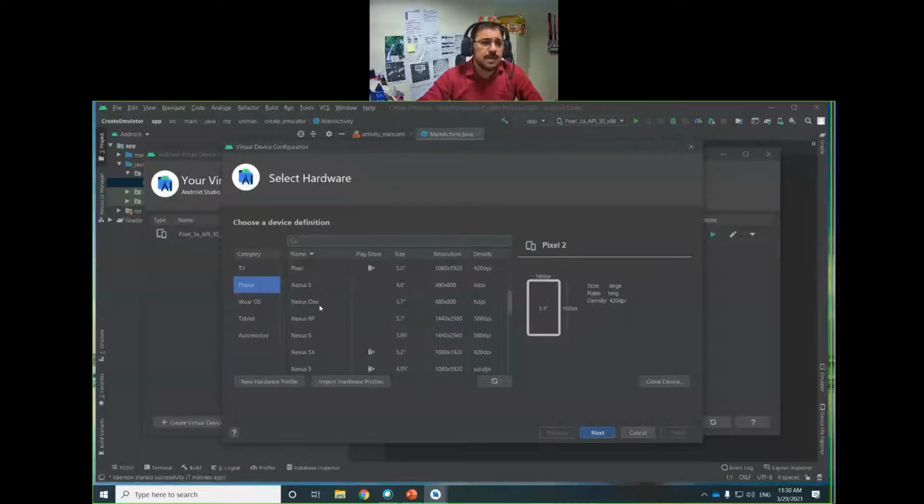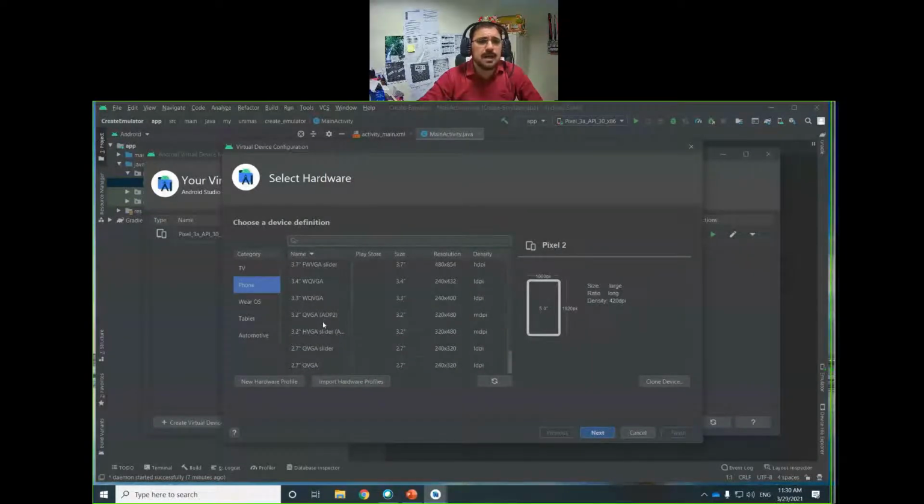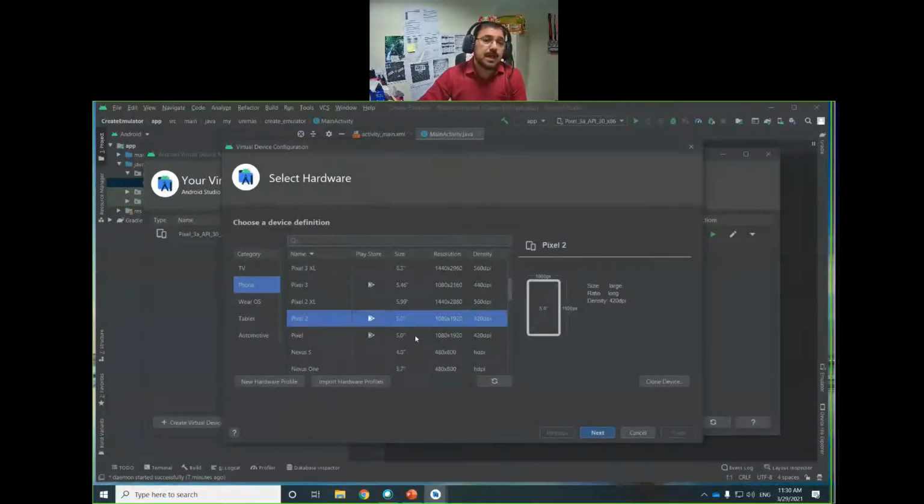You can even import another hardware profile if you want, or create a new hardware profile in your own style. But let's suppose we want to create a Pixel 3.